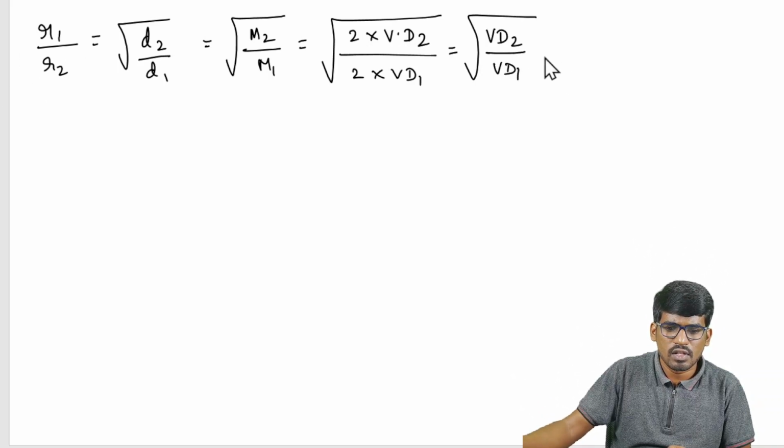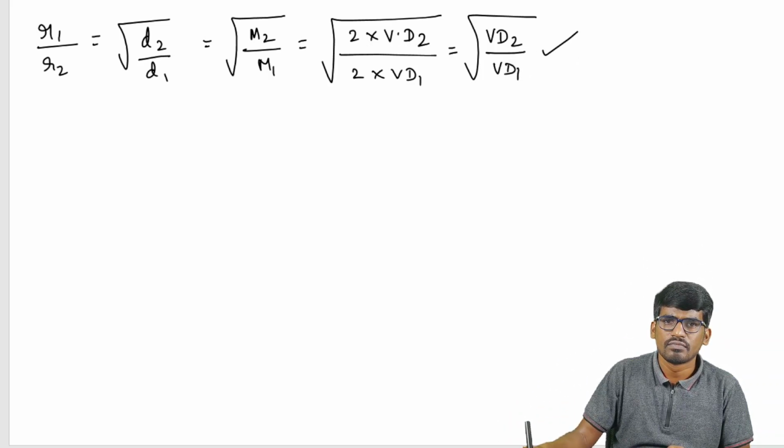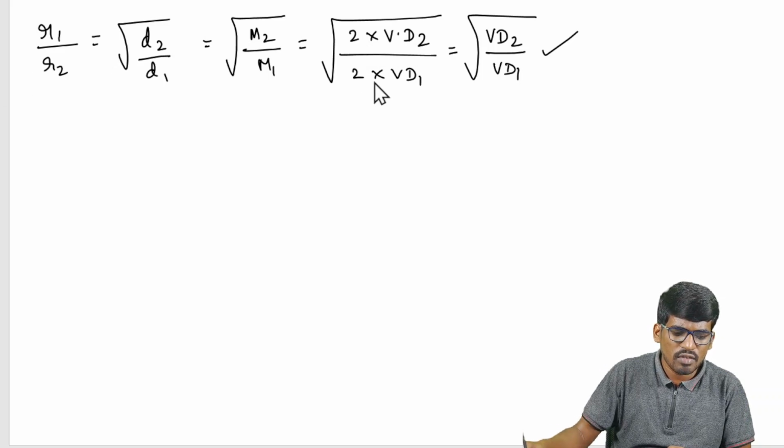R1 upon R2 is equal to square root of vapor density VD2 upon VD1 can be taken, isn't it? So this is also another formula that can be taken. It all depends on the question. But generally,